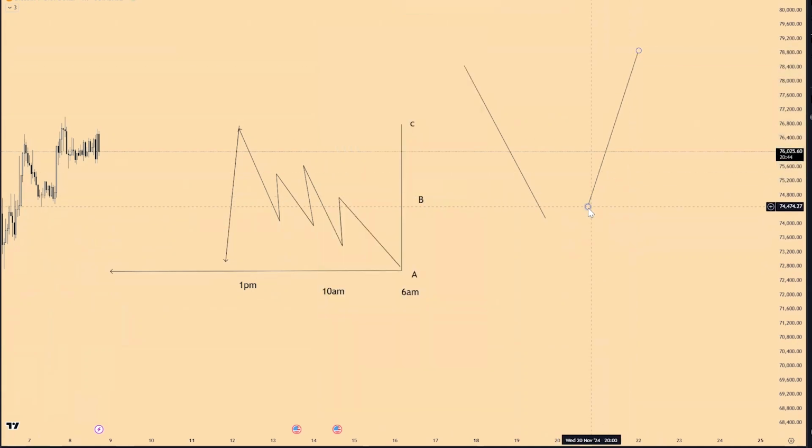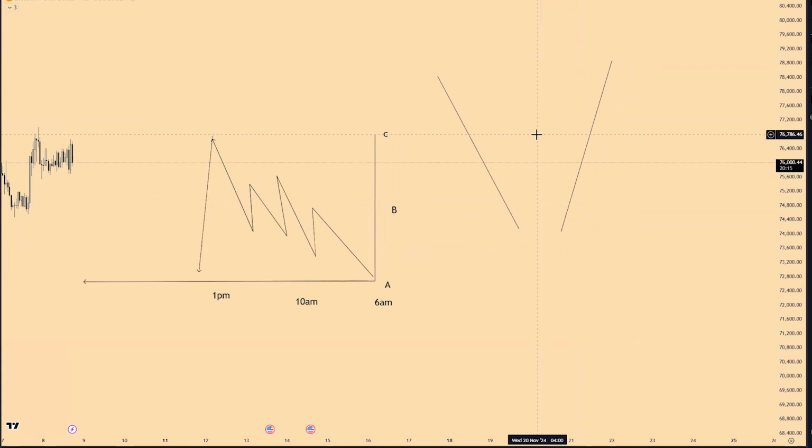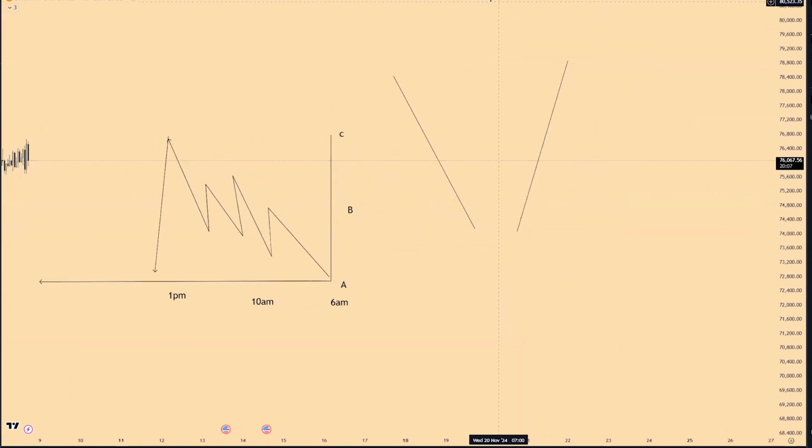So if the price of BTC is leaving, let me use, okay, it's good enough. It's leaving 74,000 to 78,000. It has expanded from a particular price to another. You get. So when we have that in place, you know that price is doing an expansion at the moment. But this movement that price has done is kind of too fast. And most times after an expansion, that is the first thing price can do, expand. So price can expand, and after an expansion, price will do a little bit of